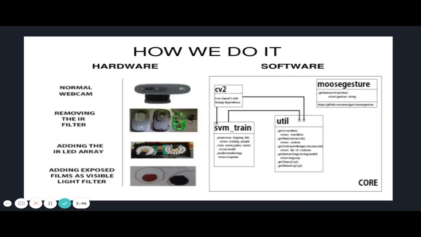The software we are going to use is CV2, then SVM, train, and utils. SVM is nothing but a support vector machine, a machine learning model that is able to generalize between two different classes if the data are labeled.